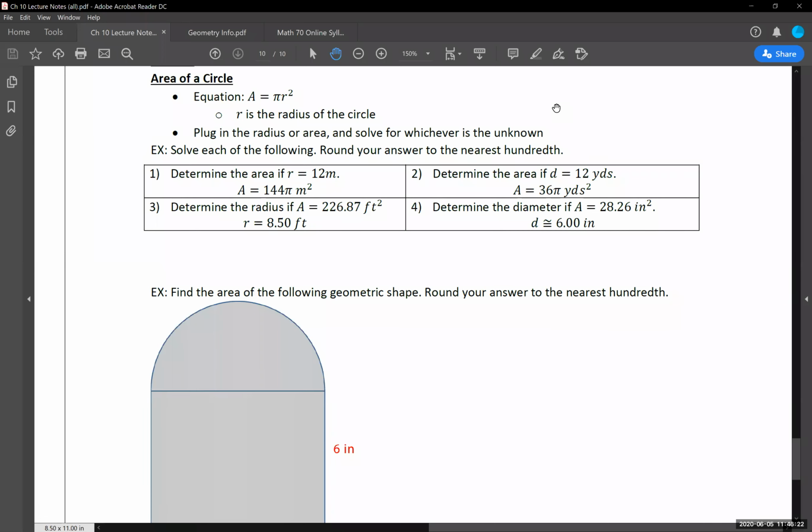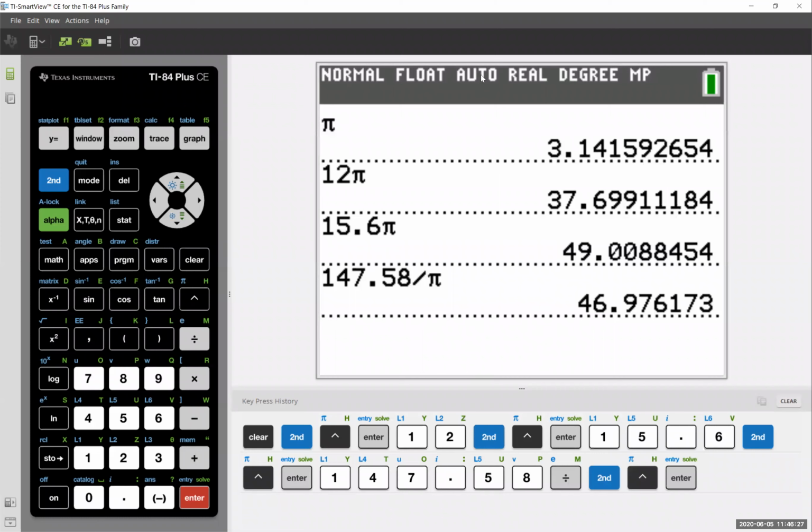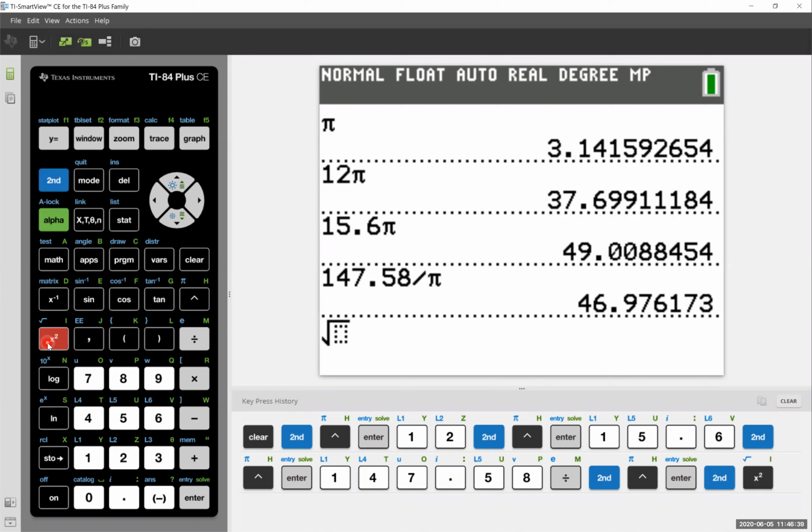Oops, wrong one. That's not the calculator. So to enter this in, I'm going to first put in the square root of something. So we're going second, left-hand side, the square root option. Now yours might show up a little bit differently in that yours might have parentheses showing up at the very beginning. That's fine. That's just the different version of calculator you have.